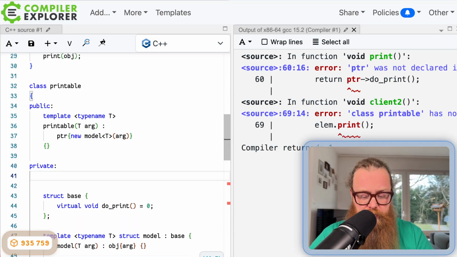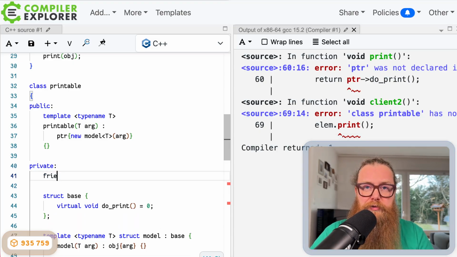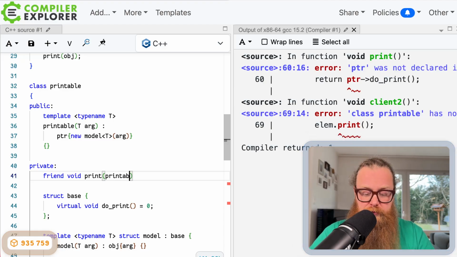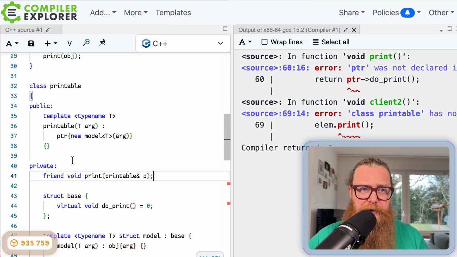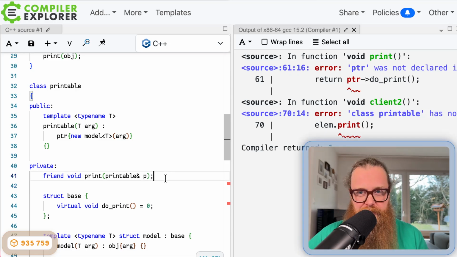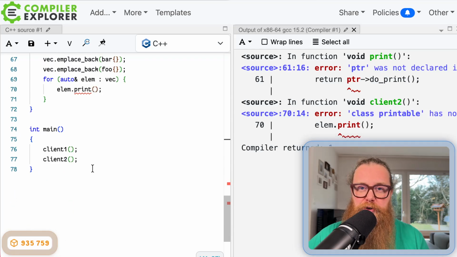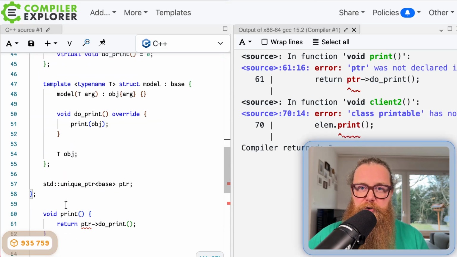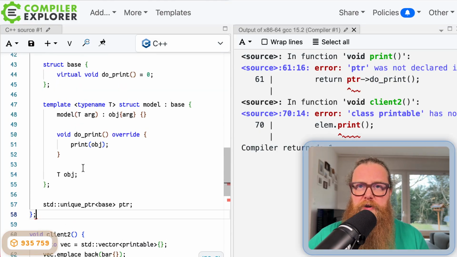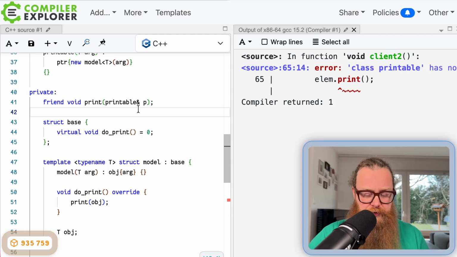and here we have to put a forward declaration. So we say friend print, and it would take printable as the argument. Okay, like this. But interestingly, many people don't know this. You can actually implement friend functions inline at the place of the declaration. So instead of putting the function here down below, this print function, we can actually put it back and implement it inline. So we put this here,